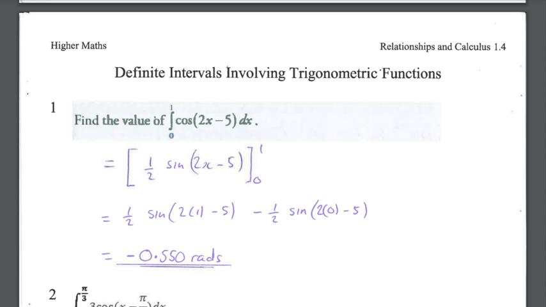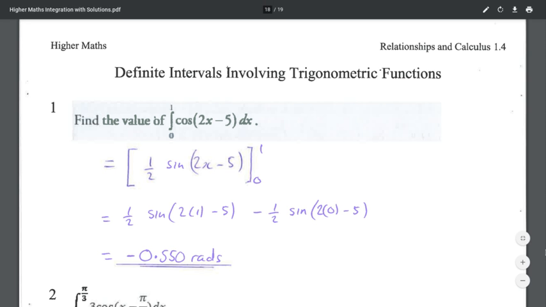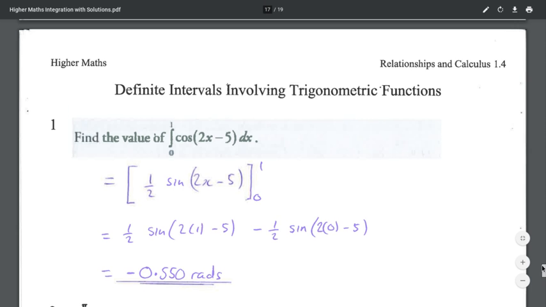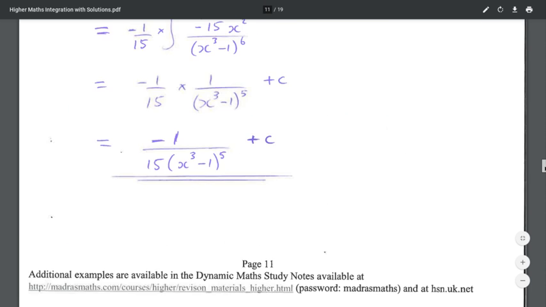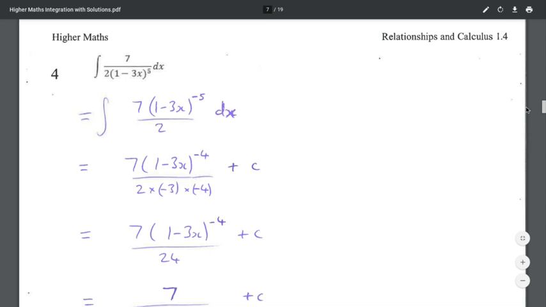So question number 1, find the value of the integral from 0 to 1 of the cosine of 2x minus 5 dx. So if we integrate cosine of 2x minus 5 dx, we get 1/2 sine of 2x minus 5. So why do we get that? We are just using what we were shown earlier on,